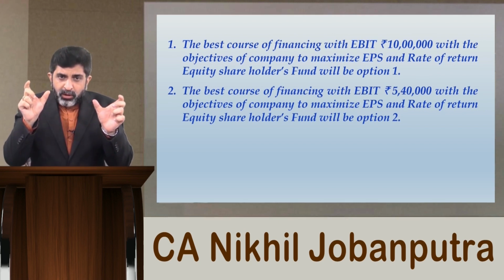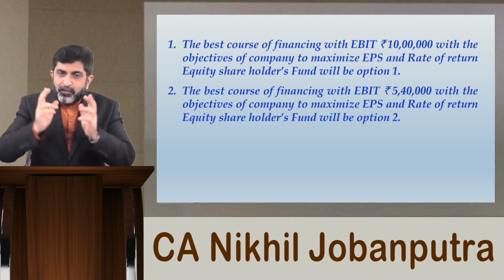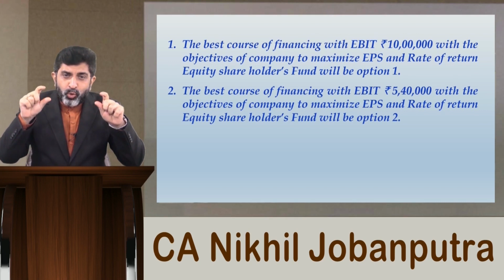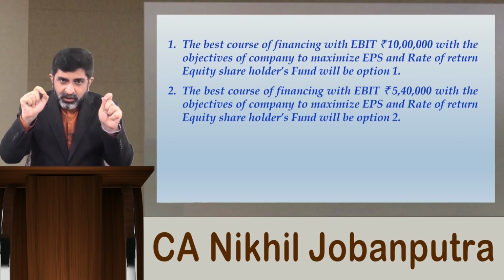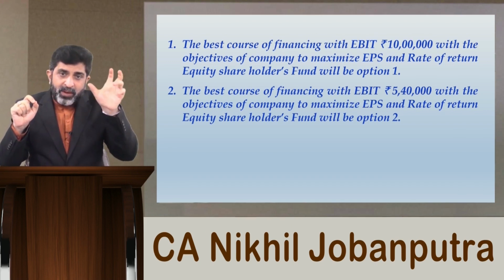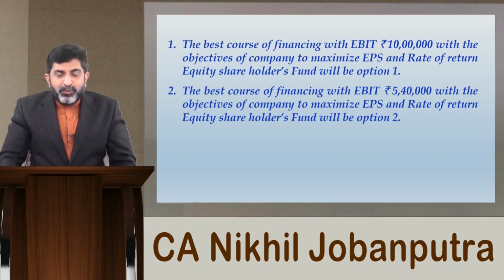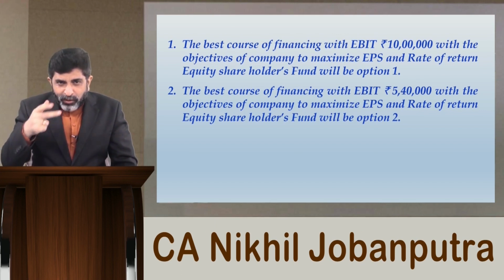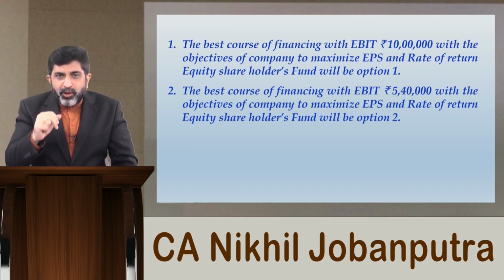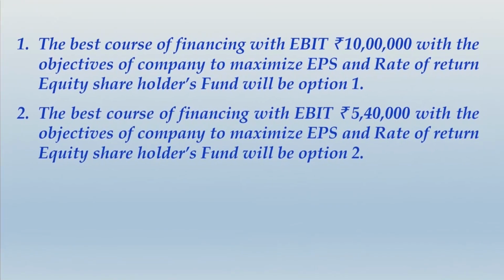We would want to make EPS of option 1 matching with EPS of option 2, and that is why we have learned how to compute EPS by using a formula, because we are going to make a mathematical equation to find a level of EBIT where EPS under option 1 and EPS under option 2 should be equal. So let us do that calculation, which is going to be very interesting, and after this question is done, I am going to assign you lots of calculations relating to financial indifference point. So let me just show you how to make that calculation.